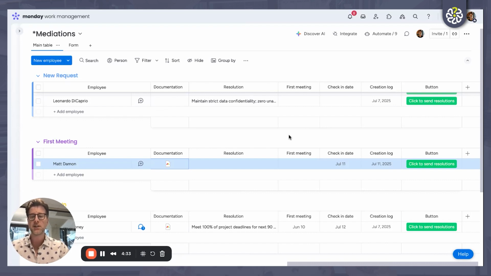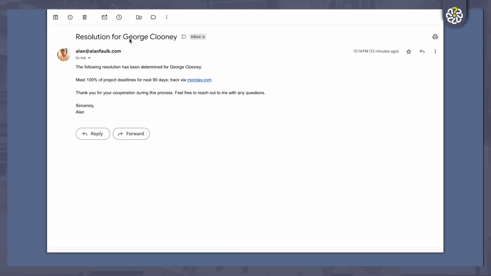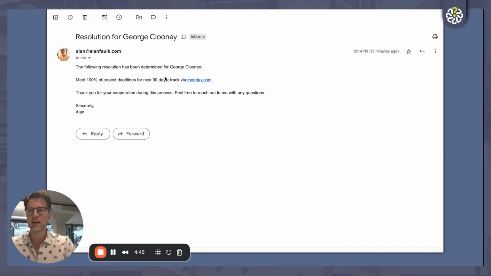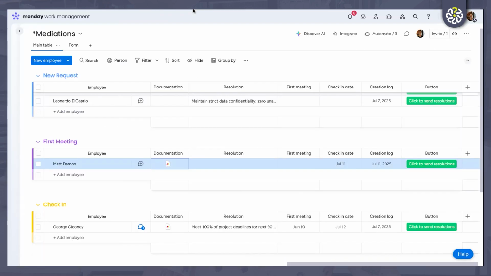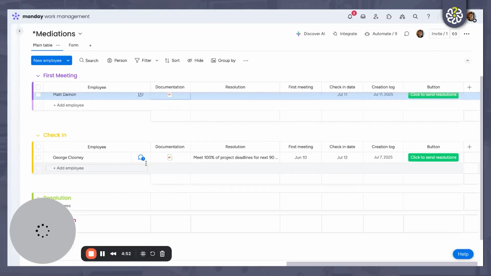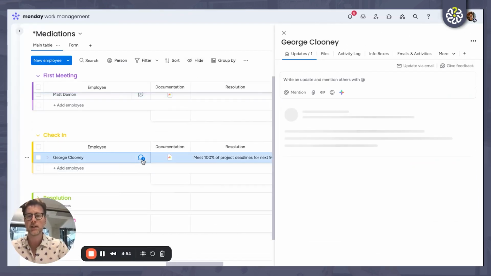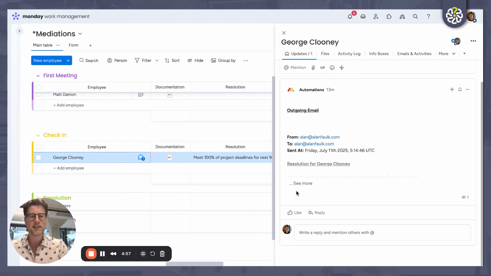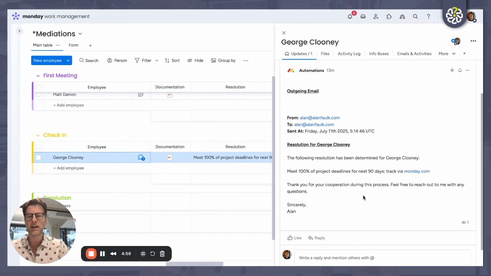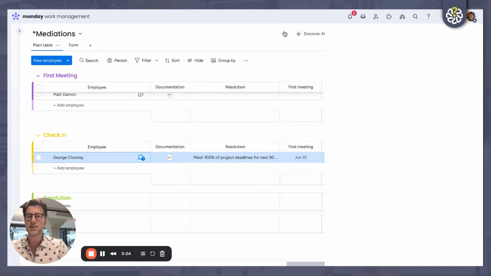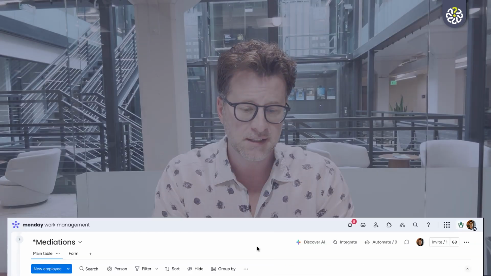Last thing, when this is done, you don't want to have to do all the work of typing up the email and everything. So I've created a button that they just click, and when it clicks, it sends all the correct information immediately. As you can see here, I already have one I sent for George. The resolution was made this. Here's what we're recommending. Thank you for your support. That's sent directly to the team. Plus, you want to be able to track it. If I go right here into the comments, I can see that email was sent out, and then when it was notified, all my document tracking is in place. So this is what makes projects like this less of a maze and less confusing.